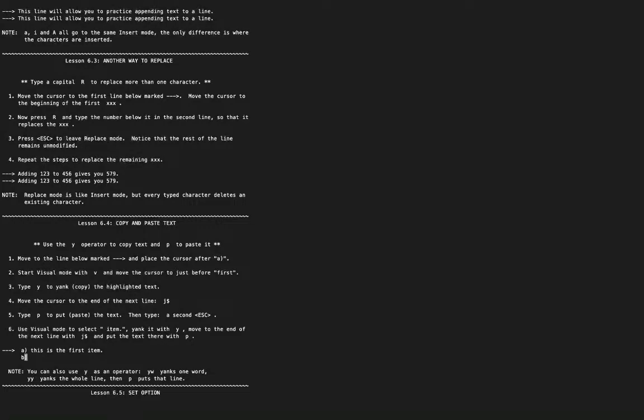Type p to put the text. Then type a second escape. Use visual mode to select the item and yank it, move to the next line and